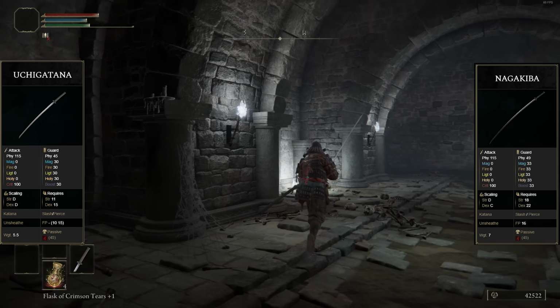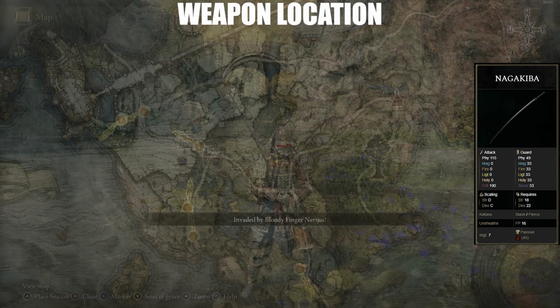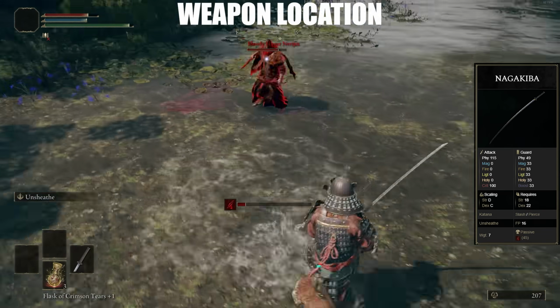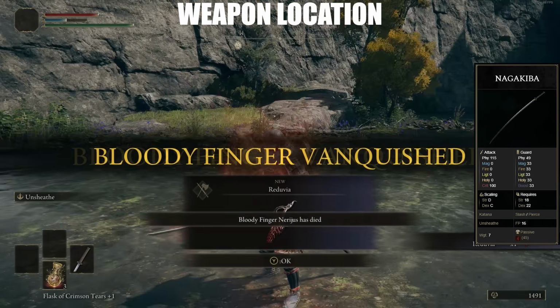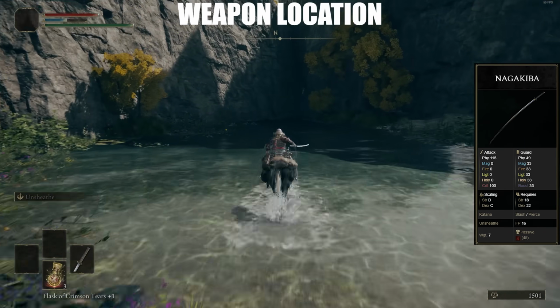But it can be a good alternative until you can get the Nagakiba, of which getting the Nagakiba does make you have to kill an NPC. After you kill the NPC invader, of which I talked about earlier, to get the Raduvia, you can meet that same NPC who helped you out later down the path, and you can kill him in this instance to acquire the Nagakiba itself. Now, killing him will end the questline early,